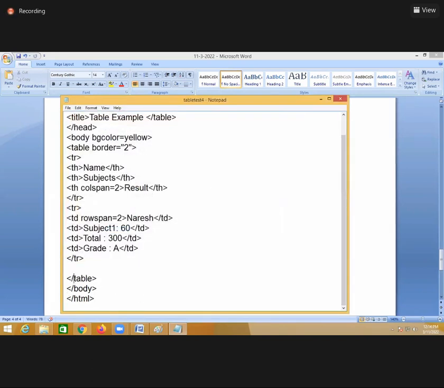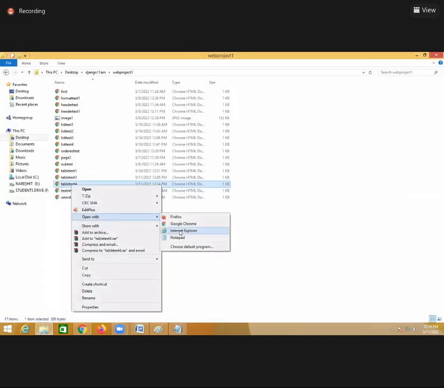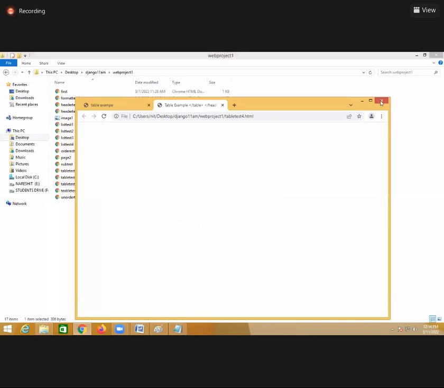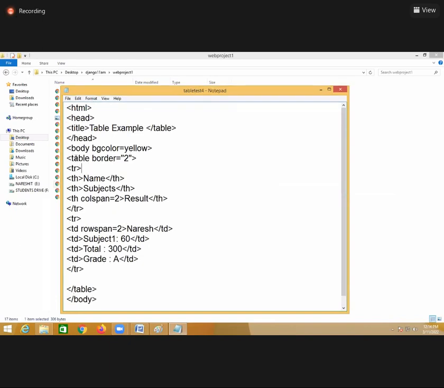Yes, closing the table. Table test 4. Are we defining the subject or not? Now this is table border equal to 2, and the table header name is subjects,